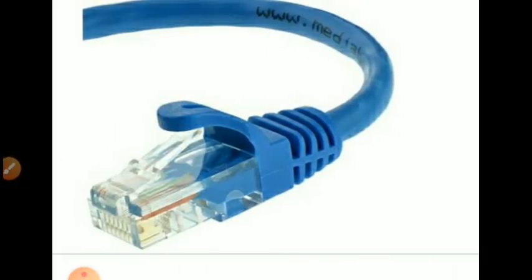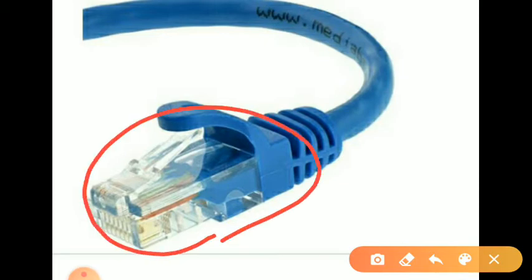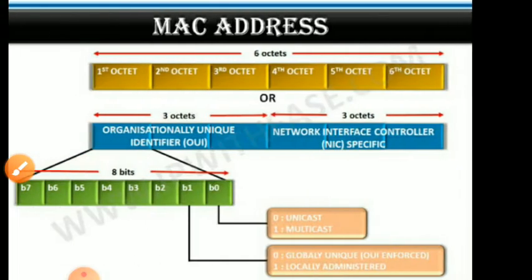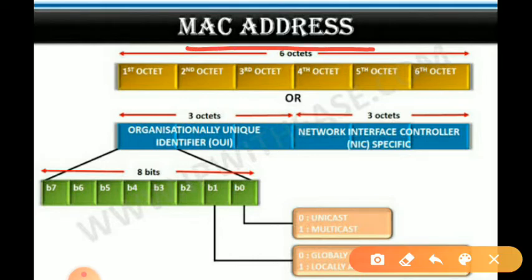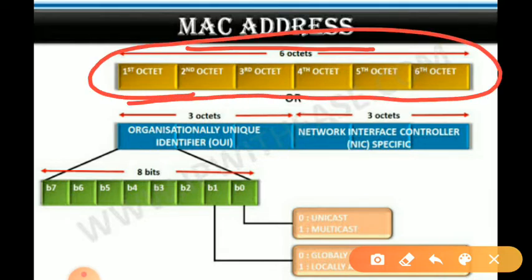It is the wire through which we are connected to the network, and this is the MAC address. The MAC address is a unique address. This physical address is known as the media access control address. The media access control address basically has 6 bytes, and different companies have different types, but basically it is 6 bytes. Look here, 6 bytes.